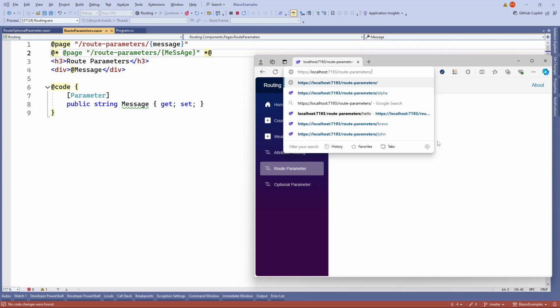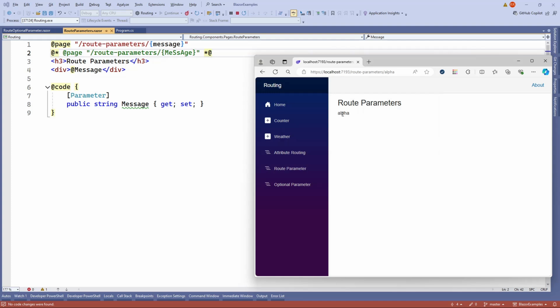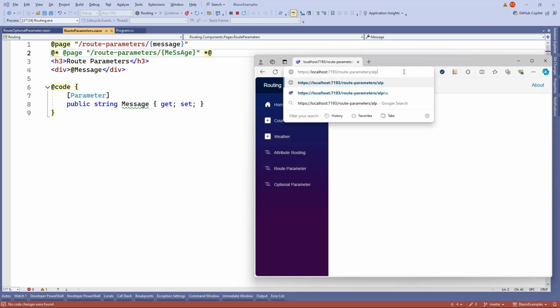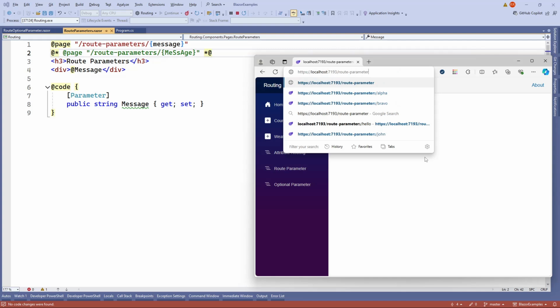So you can pass whatever data or string in this parameter, and then it will be mapped to our message property. Like if you do this, you might have noticed that the parameter that has passed from this route has also been displayed here. All right, and so you can add a little more, and then yeah, it would change. So with this type of route parameter, it requires you to have a parameter, which means that if you pass nothing to this one,